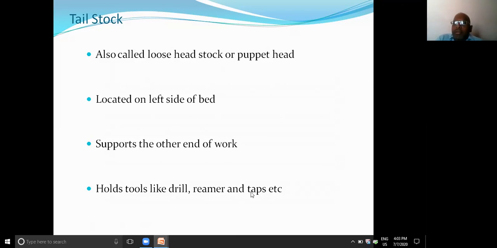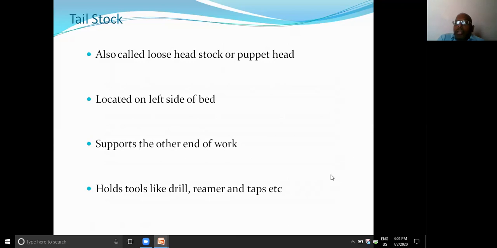Here the drilling operation and reaming operation are completed by using a single drill bit or a single reamer bit. Whereas in order to produce internal threads, the taps are supposed to be of different series. So either 3 to 4 series of taps are used in order to produce internal threads. For that purpose, during the forward stroke, the tap moves forward so that metal is cut and the required shape is formed within the hollow portion.